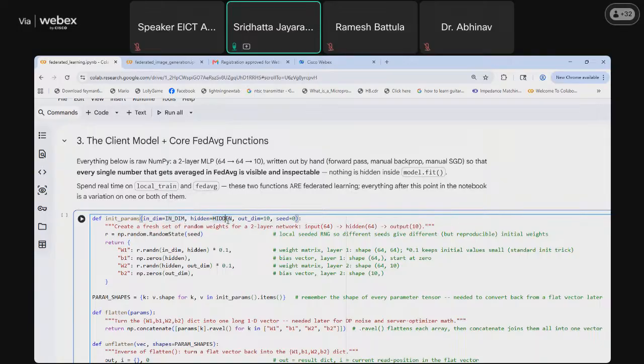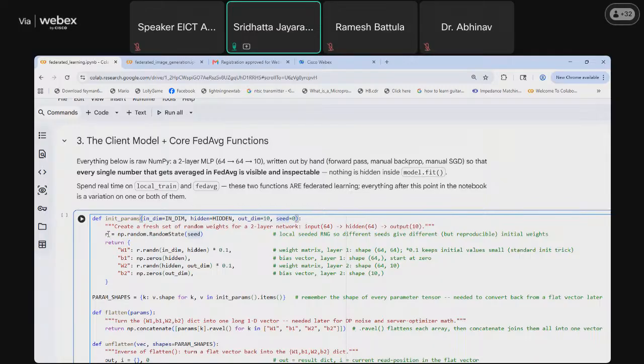And the hidden layer dimension, since we are going to use an MLP model, will be the dimension of the hidden layer inside the MLP. And the output dimension will be the number of classes, which is 10, and seed is defined as 0 here, that we can overwrite later.